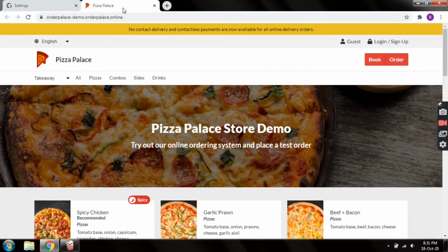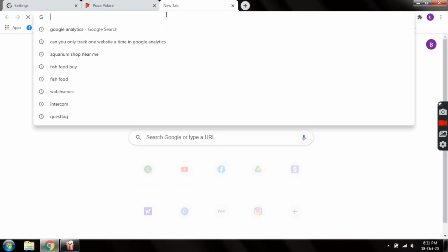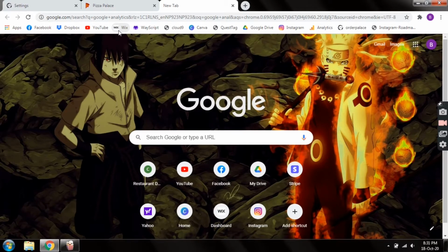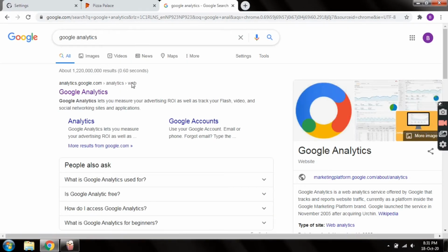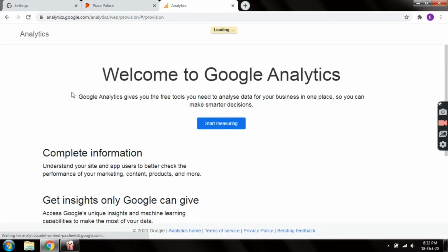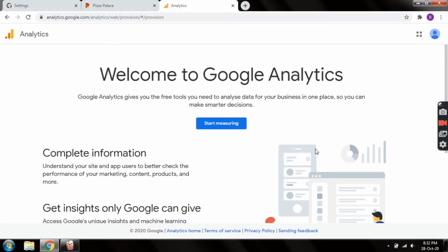So for that you have to go to Google and search Google Analytics. Yeah, and hit enter, and the first site is the Google Analytics. So from here you can click on start measuring. Yep, start measuring,